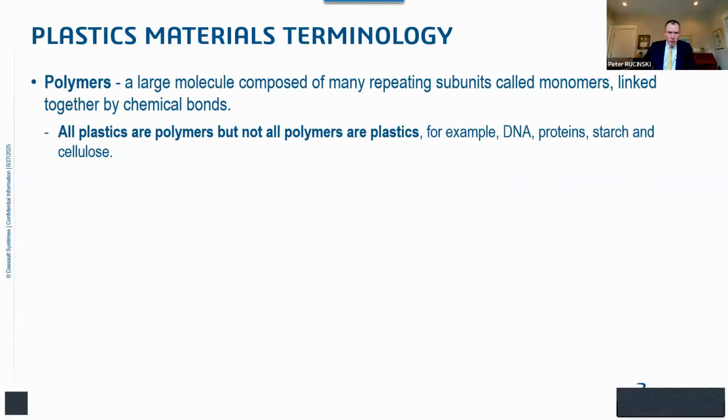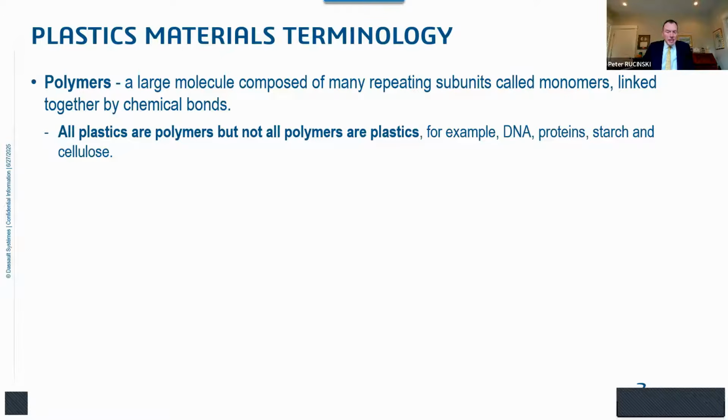A little bit of housekeeping, some plastics materials terminology. Just like many other industries, we in the plastics industry have a lot of industry-specific terminology we use in our space. The first word I want to introduce, and please forgive me if I'm stating the obvious here, that's polymers. You don't even have to know what a polymer is, but you see in bold here that all the plastics that we ever talk about, they are all polymer materials, but not all polymers are plastics.